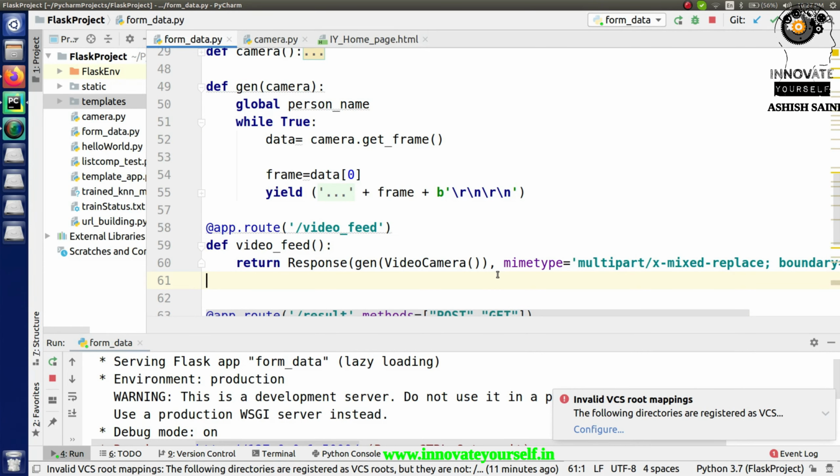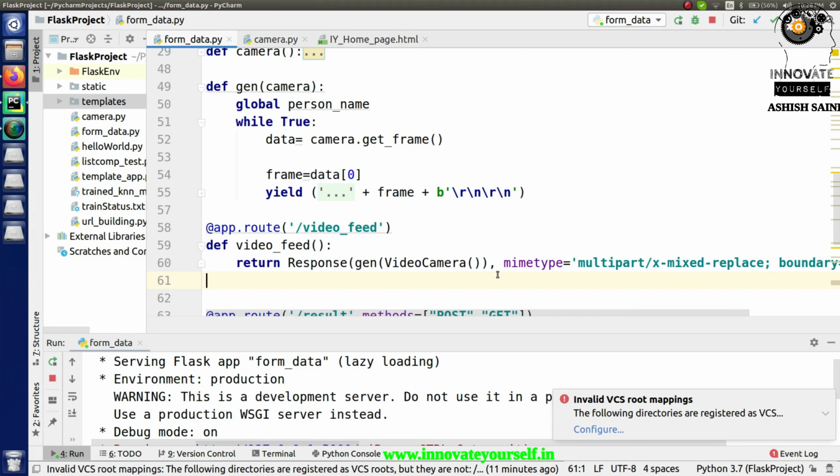Firstly I have to turn on the camera, or the webcam. From that webcam you're going to get continuous images, and it is going to return them to the front end, which will seem like you are actually running a video or a camera.